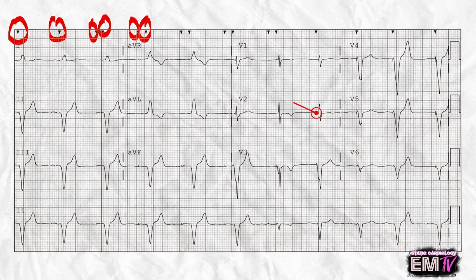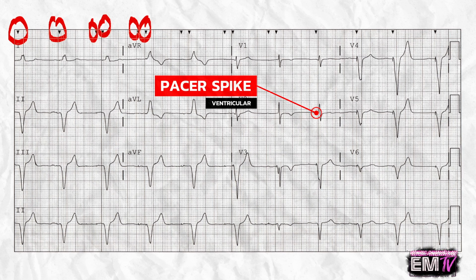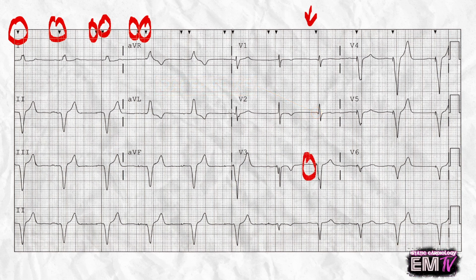As we can see here, there is a single complex present for the QRS complex, meaning that this patient requires pacing on the ventricle. But there's a very small P wave present here without a pacer spike. In this instance, the AV pacer allowed normal SA node conduction and then simply assisted the ventricular conduction.